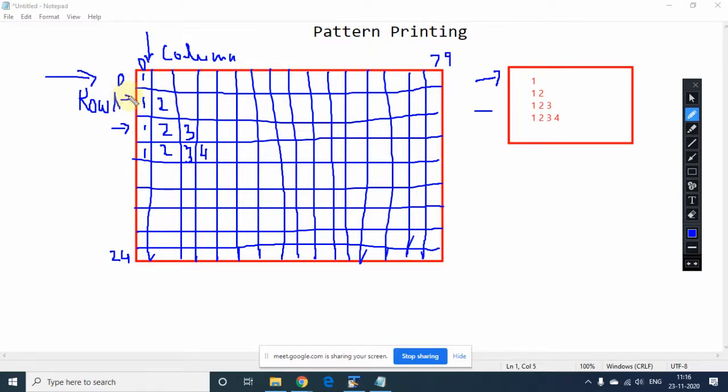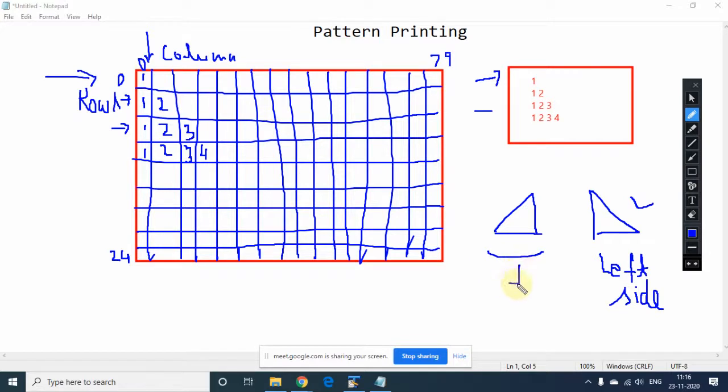So basically, in pattern printing, you can divide the patterns in 2 ways. This is your left side pattern, and this type of pattern is known as the right side pattern.